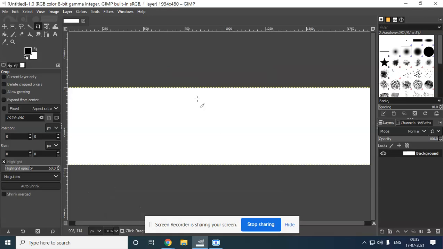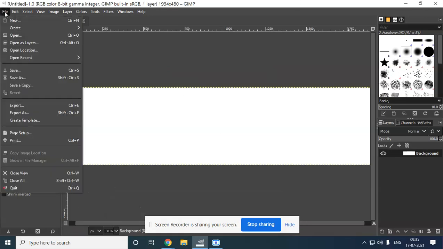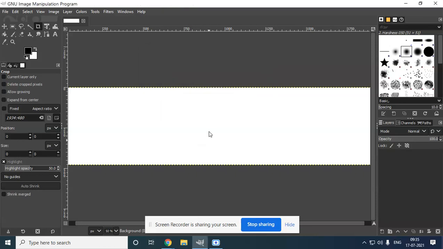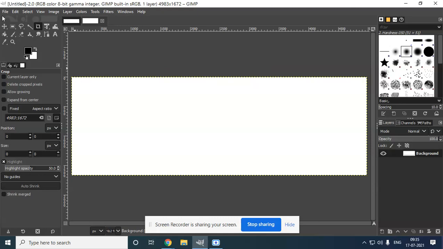Okay, so this is my size. I want to take bigger. So what I'll do is, I'll increase the size. Here also I'll increase. Okay. Again it came like this.